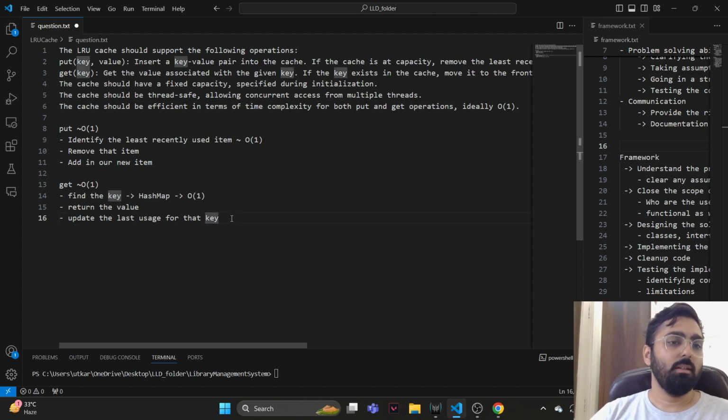Let's think about this. Initially for the put, identify the least recently used item. One thing we can do over here is use a min heap. Right, in a min heap, identifying the smallest item would take O of 1 time, so I think that's why it makes sense to use a min heap over here. Identify the least recently used item, and in this case, once we find the value, we basically, so assuming we're using a min heap for our structure, when it says update the last usage for that key, effectively what we're trying to do is we are trying to